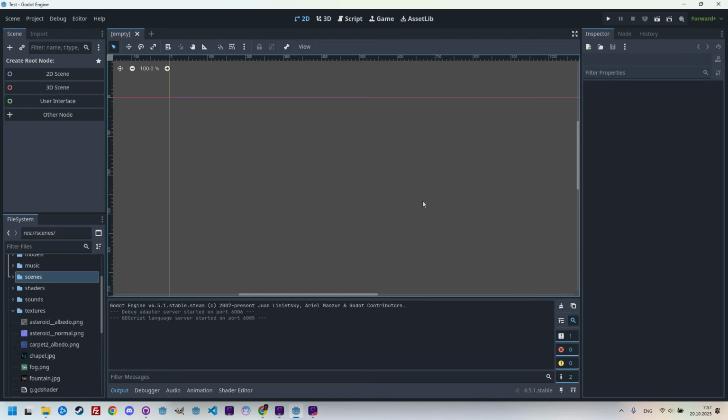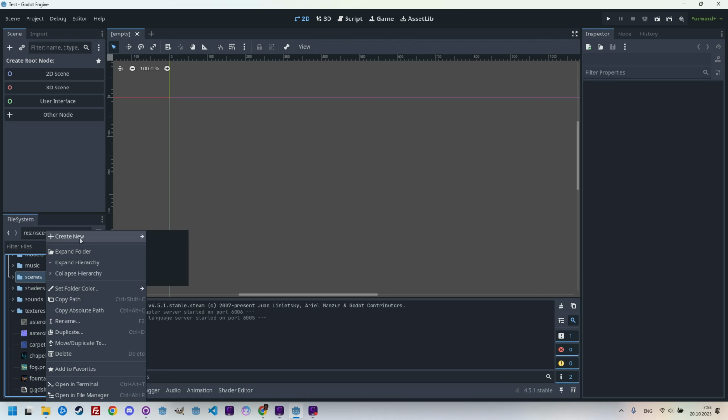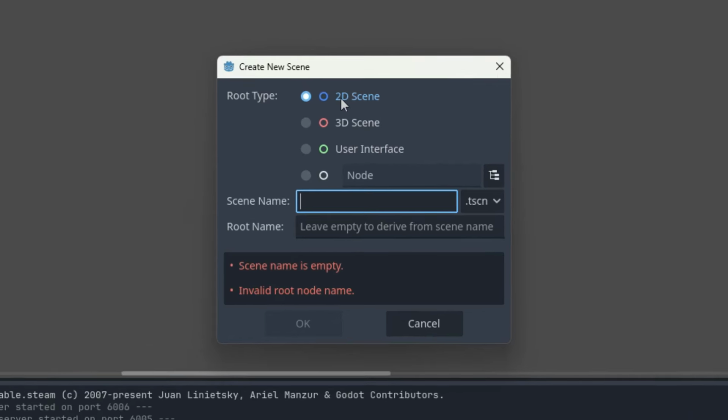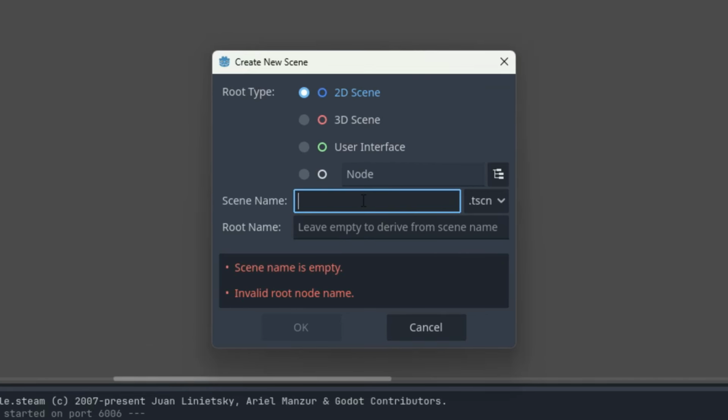Since this is a post-processing effect, we'll need an image to which we'll apply our algorithm. As you may know from previous videos, I use a screenshot from our game for this purpose, so I'll start by creating the usual scene. Right-clicking on the folder Scene, create new scene. It should be a 2D scene, and let's call it